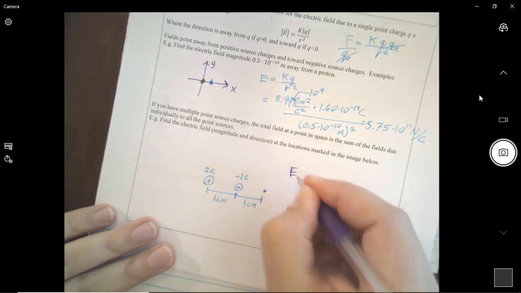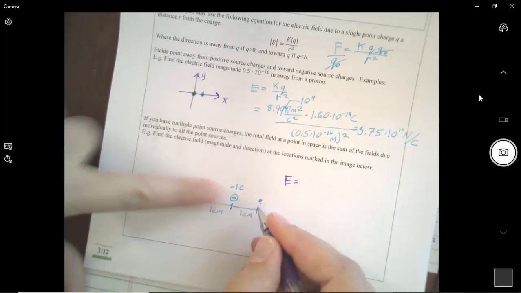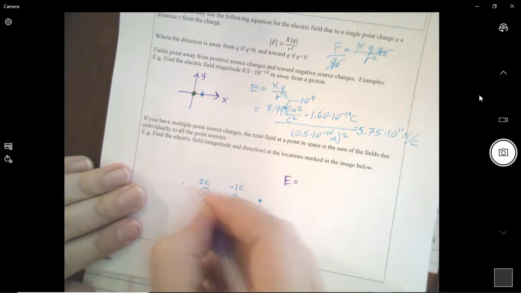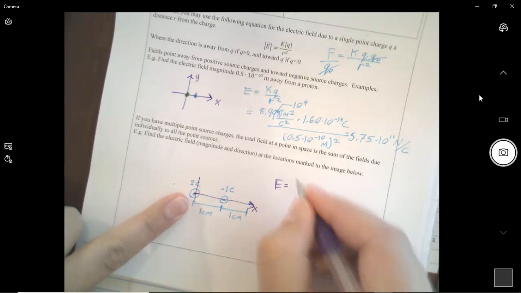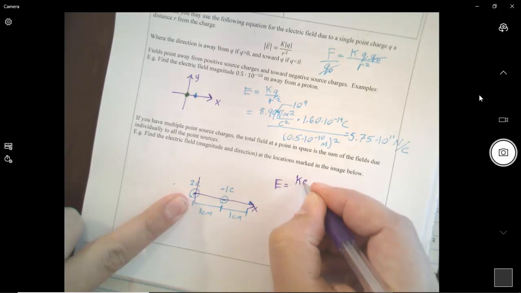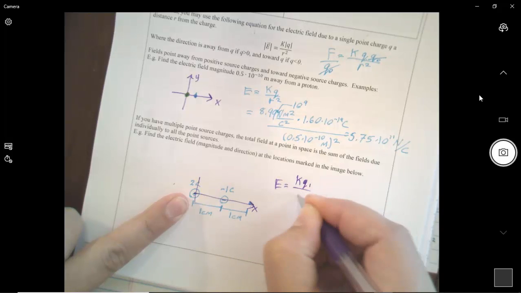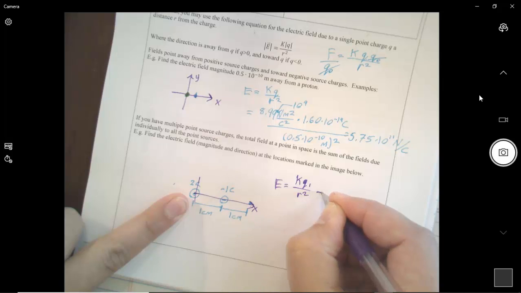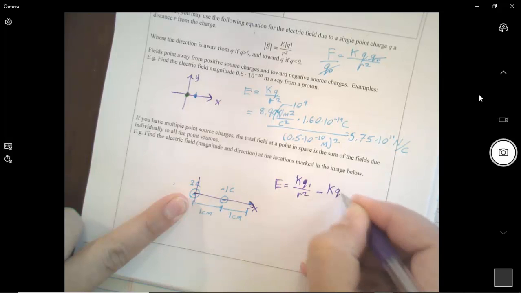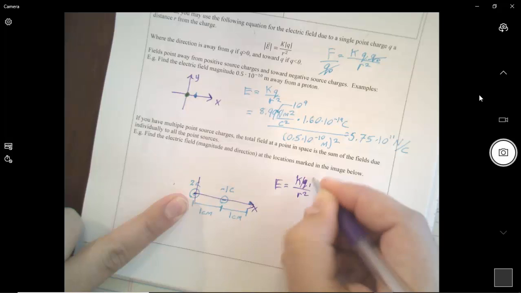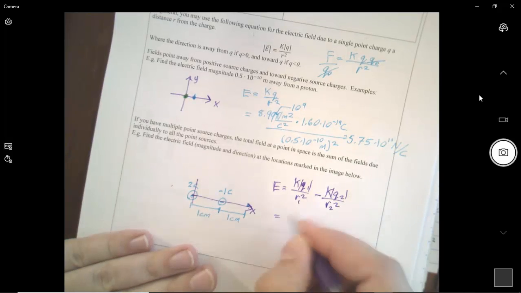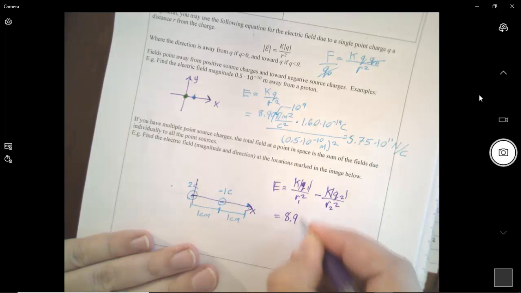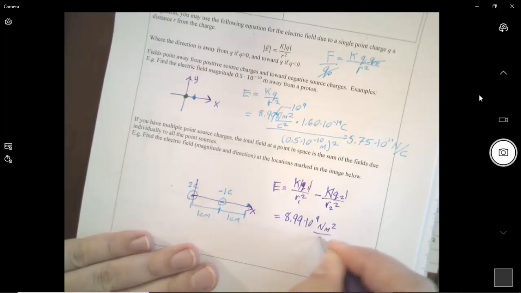So the overall electric field is going to be in the right direction. So make sure we have our coordinate system, right? So a right direction, kq1 over r1 squared, minus, we could write it this way, kq2 over r2 squared. So we could write this as 8.99 times 10 to the 9 newton meters squared per coulomb squared